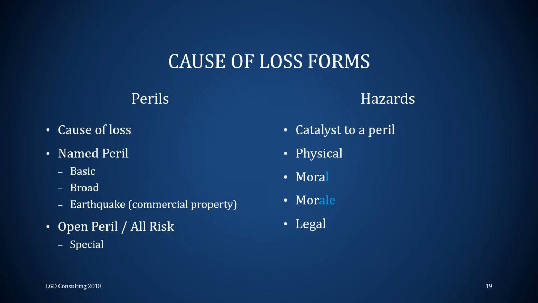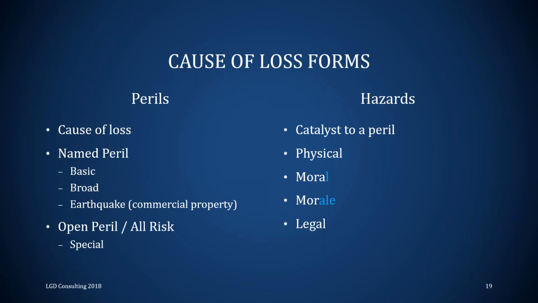So let me give you an example. Let's say a satellite falls on your house, so a falling satellite. Well, you look at the basic and broad form, and if it doesn't say falling satellite specifically as a peril, it won't be covered. But then if we go to the special form, and we don't see falling satellite as an exclusion, then it would be covered. And so they're opposites. Named perils list perils we cover. All risk or open perils list perils we don't cover. So you've got to know the difference because you're going to get this topic in a couple different ways, multiple times on the test.